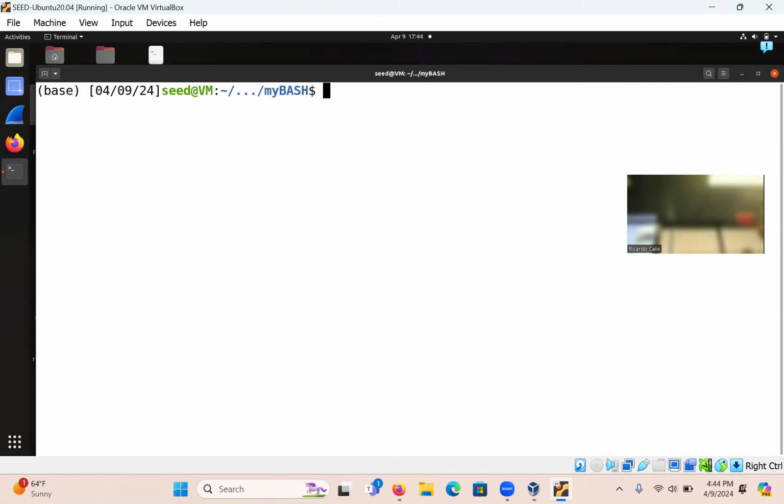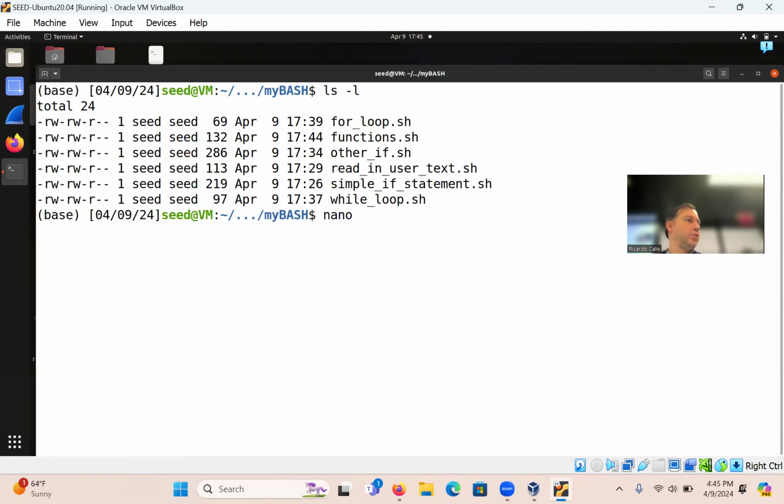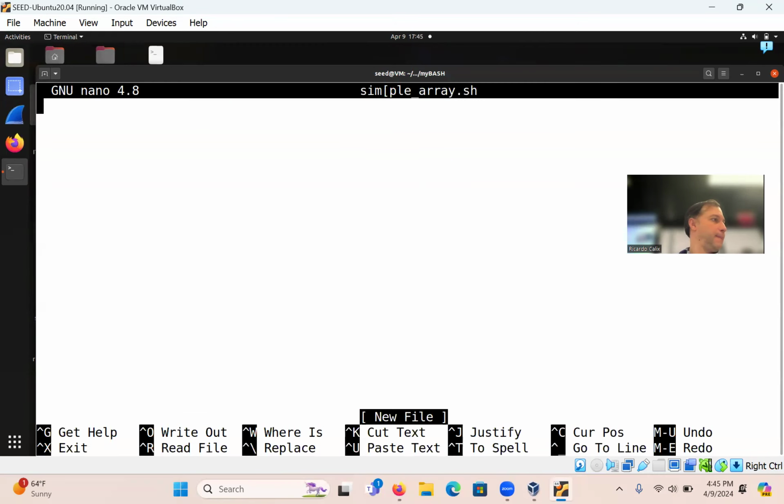All right, let's do an example of a simple array, a very basic array. This is similar to a list in Python. It's a similar idea. Let's create a new one and call it simple_array.sh.